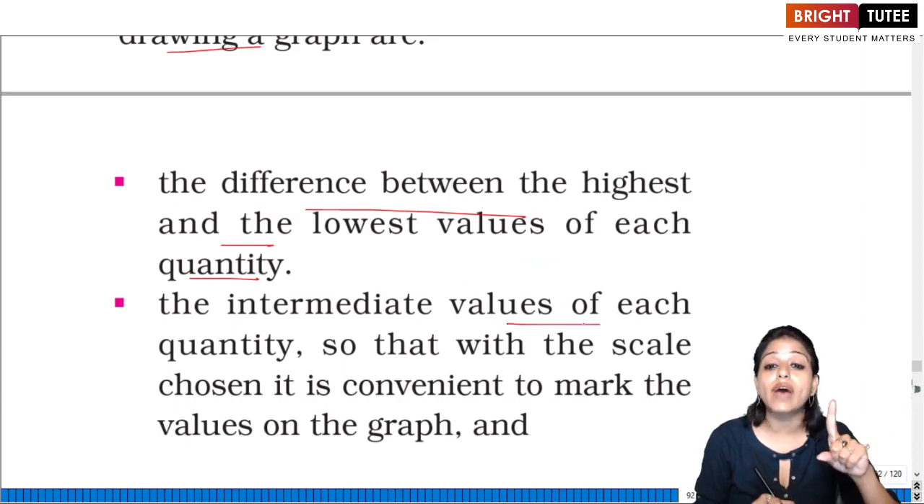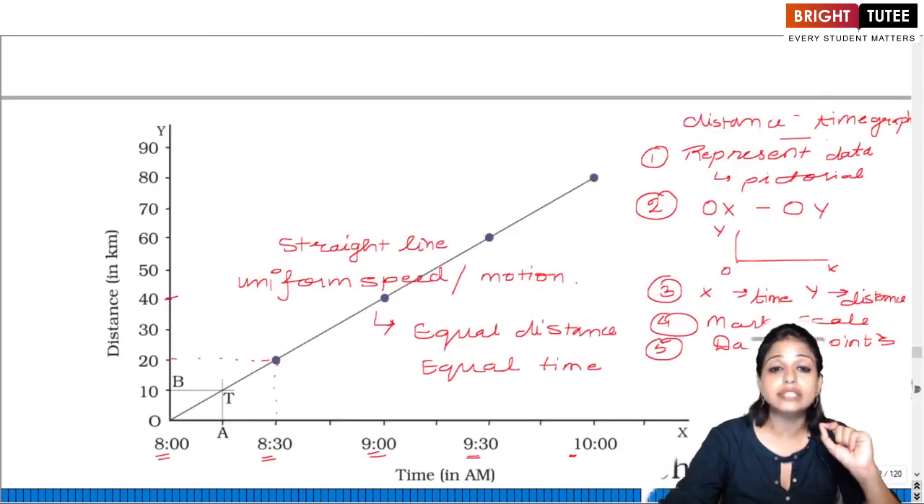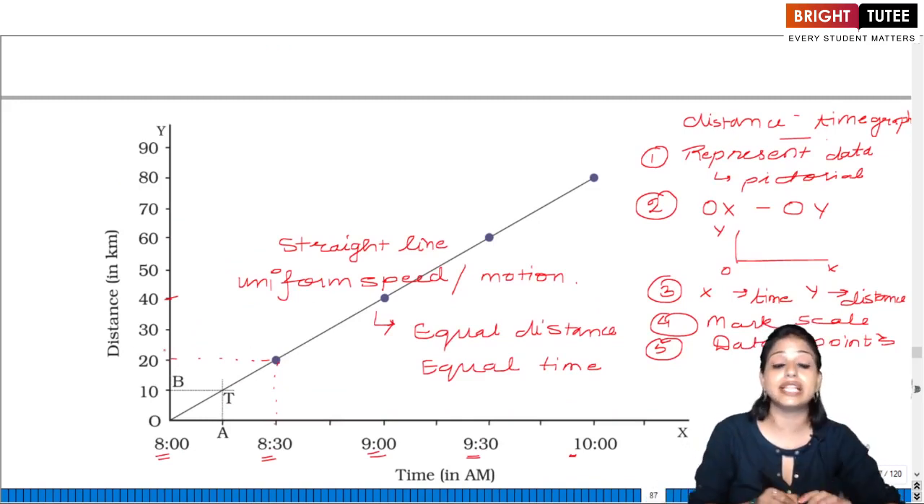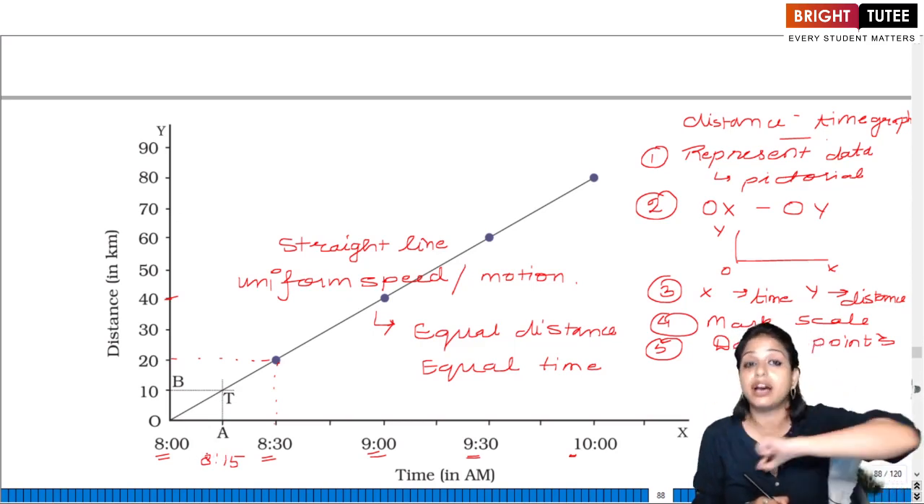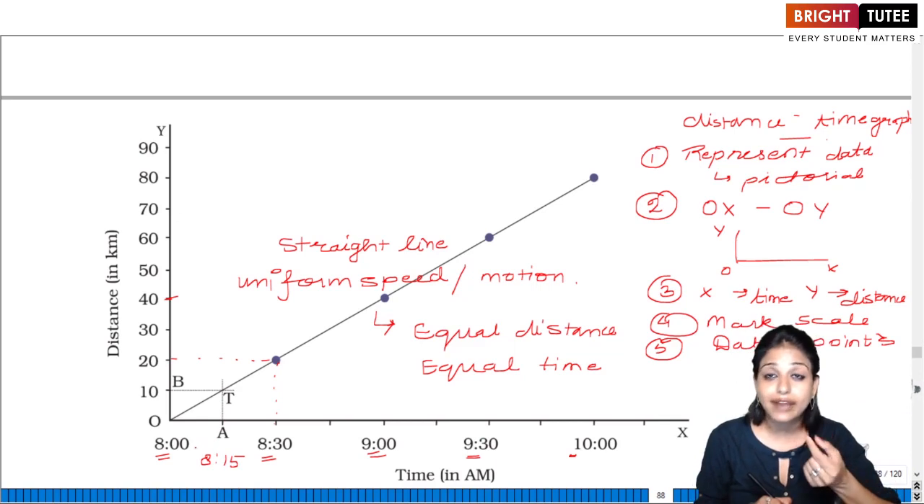The intermediate values of each quantity should show, so that the scale chosen is convenient to mark. So students, if we are taking this kind of a graph, we know that the graph is from 8 to 8:30. This means at point A, it is 8:15, which is readable. But if I take this as 8 and 8:15, this will become 8.7 minutes, which is not that convenient to